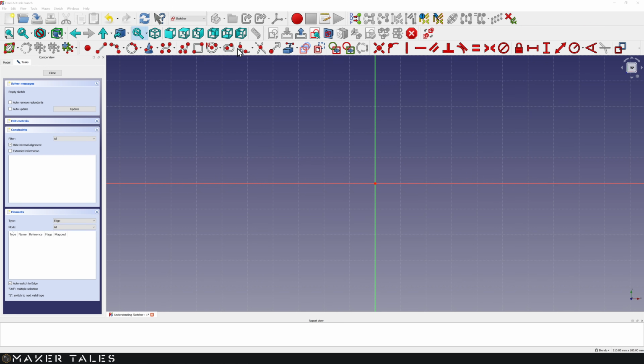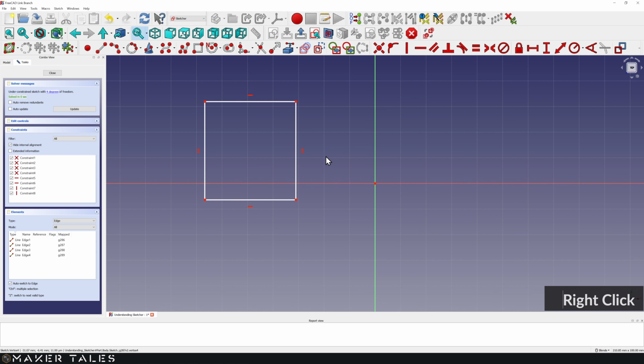Now we get to the operations, starting with the fillet. Now we need something to fillet, so let's press R for rectangle, create ourselves a nice little rectangle, click on the fillet tool, and there's two ways of using it. You can either click on a point, or you can click on two areas on an edge, and the further you go on these edges, the bigger that fillet is going to be. It's going to sort of do an average between the two distances and create that fillet.